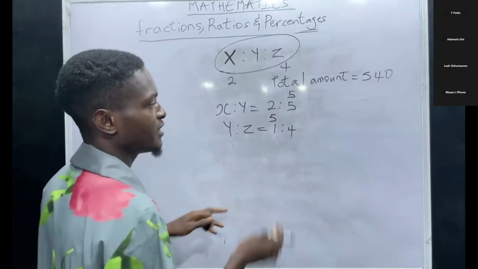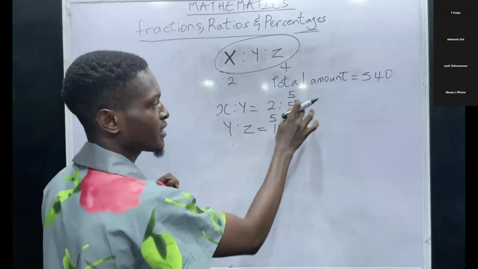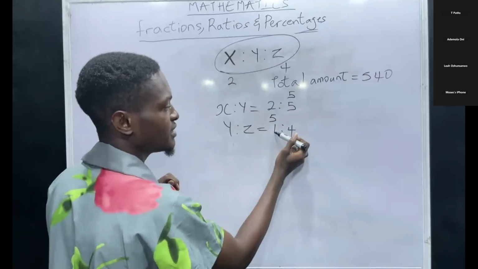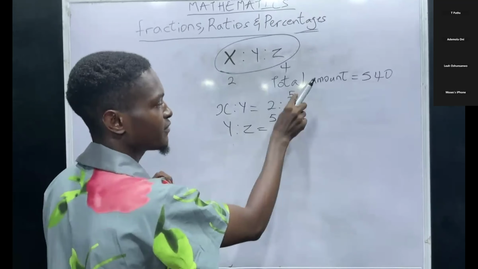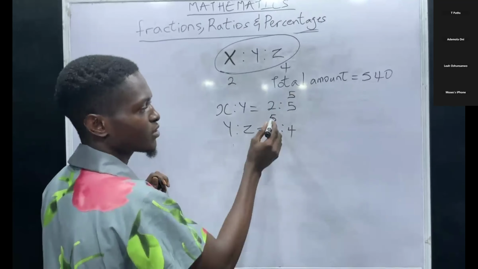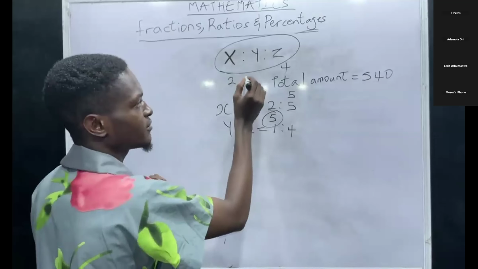So what am I having now? I'm having the same value for my Y. I repeat, I'm multiplying whatever I have here with this and this with this. I want my Y to be the same thing. So 5 multiplied by 1 is 5, and 1 multiplied by 5 is 5. So I have my Y to be 5 now. I already have the value for